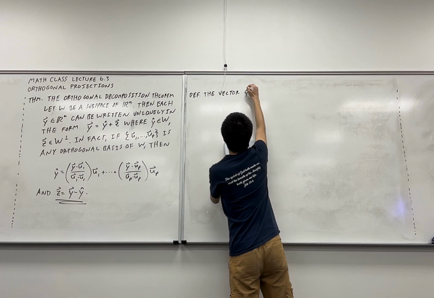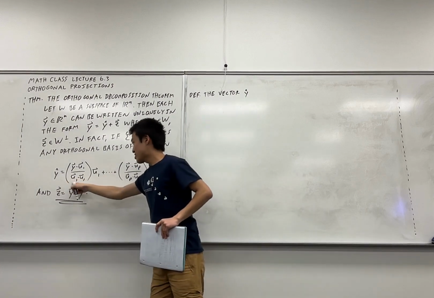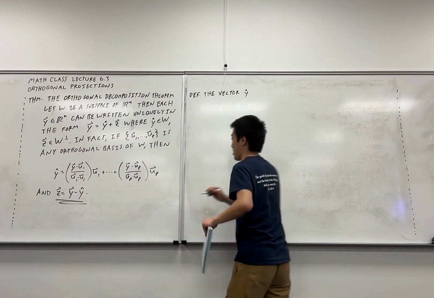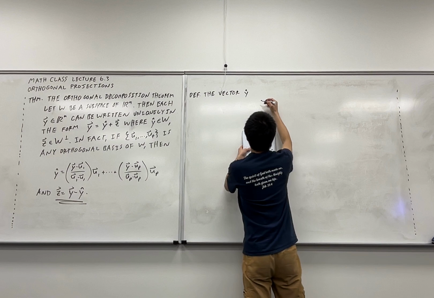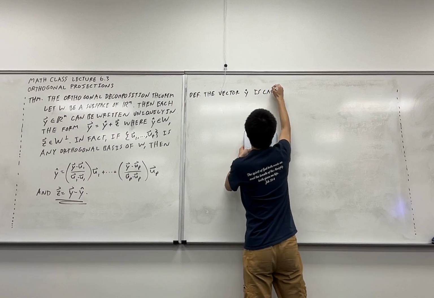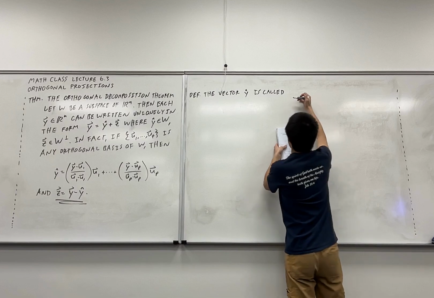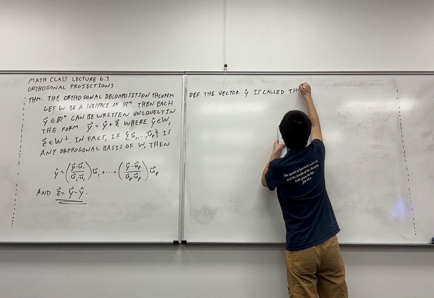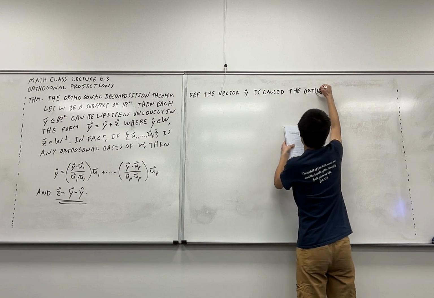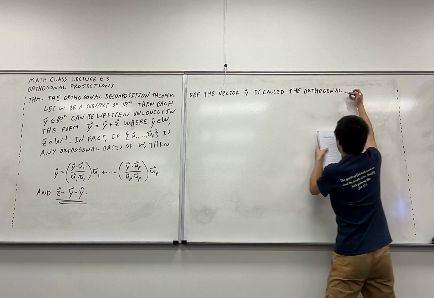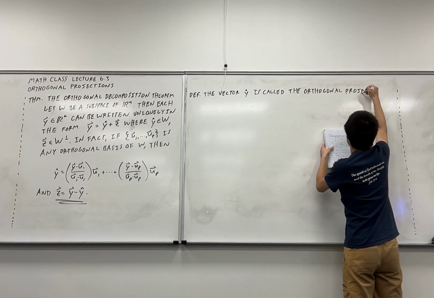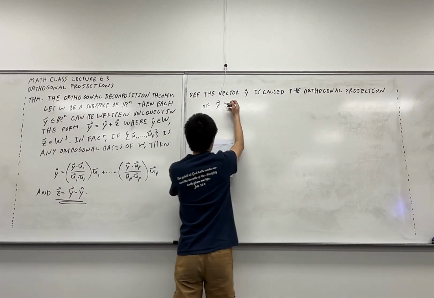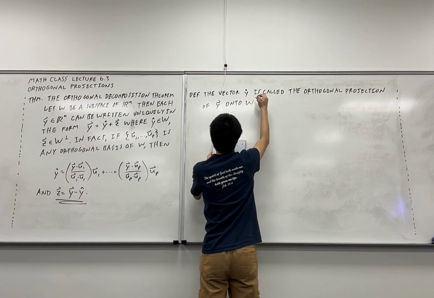So the vector y hat that we've been talking about, the vector that gets spit out with this really convenient formula that looks a whole lot like what we had already been doing in the previous sections, is called, and again, this should not be that big of a surprise considering what we just came from in the previous section, the orthogonal projection of specifically my vector y onto the subspace W,